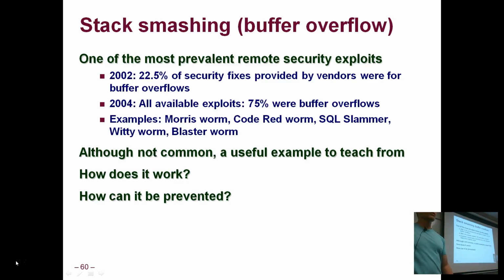It's one of these old school vulnerabilities. You don't see this anymore, really, because the countermeasures are so good. But it used to be highly prevalent. In 2004, 75% of the exploits were using this method. And there are lots of examples of worms, self-propagating malware, throughout history. So it's not common, but it's really a useful example to teach computer architecture and computer systems from,